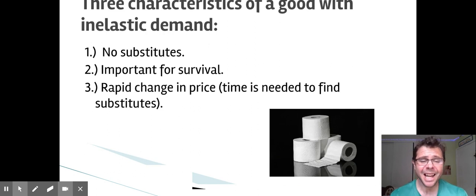Now, when it comes to inelastic demand, there are no substitutes. We'll see what kind of substitutes people may end up having to come up with for toilet paper. It is important for survival. In this concept, it's not important for people's literal survival, but it's important for what their concept of civilization and new normal lives is. And it's very possible that if there is such a thing called price gouging, people would have to figure out some other way to make toilet paper. Now, price gouging is another economic concept which we'll discuss at a later point. Not today.